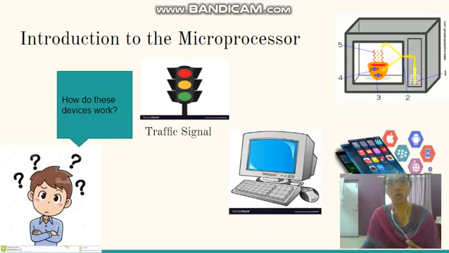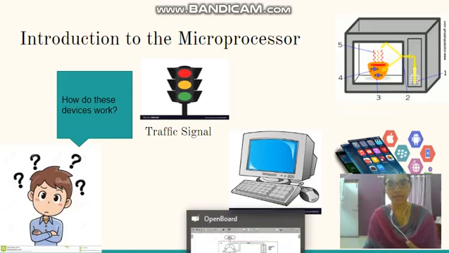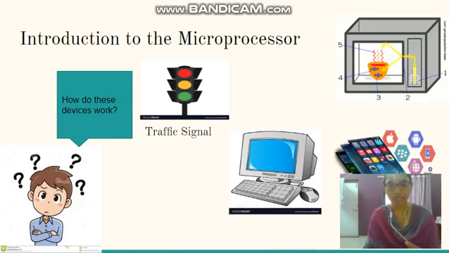Also in the mobile phone or a computer, you just give a click and the further operations take place. So all these devices have something called a microprocessor in them, which helps in the automatic functioning of these devices. Obviously, the microprocessor used in the traffic signal is very different or less advanced than the microprocessor used in the oven and the microprocessor used in mobile phones. But the basic architecture or the basic concept is very important to understand. So, let us study that basic concept.